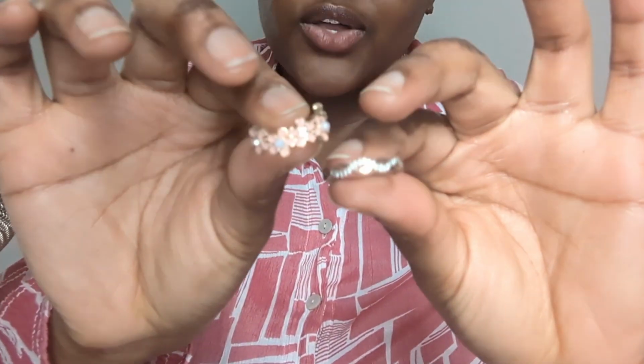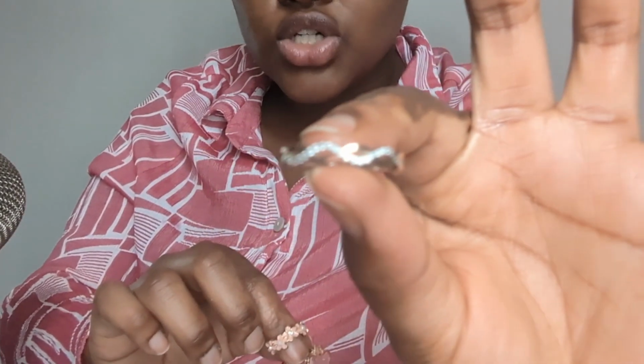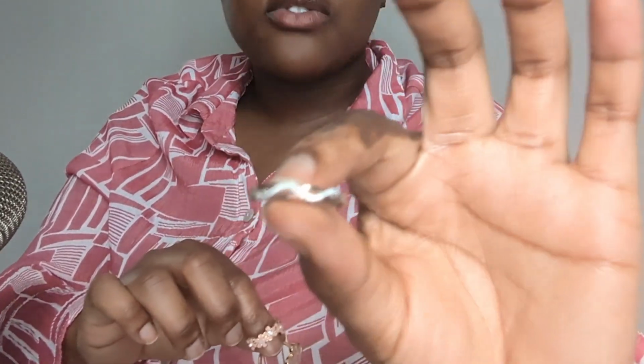Okay, perfect. And then the last items here were these, the rose gold. Oh, I apologize. It were all three of these rings, all three of these rings here in our rose gold selection. These actually came as a set in the floral set. These two are in the floral set, going for $5.99 excluding taxes, and these are in just our regular rose gold, singly purchased by itself, and that's going to be going for $5. Okay,